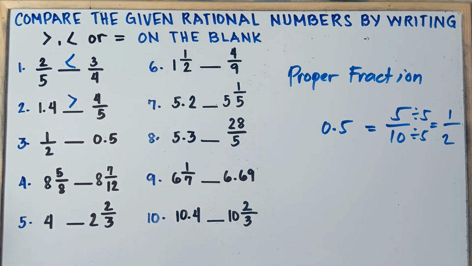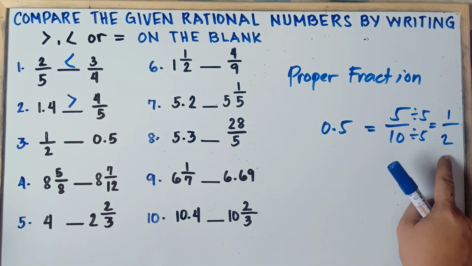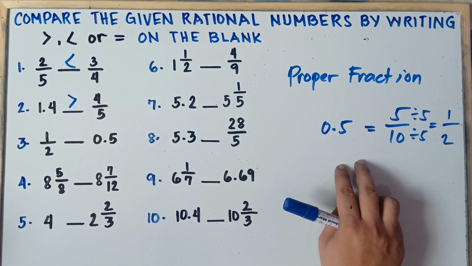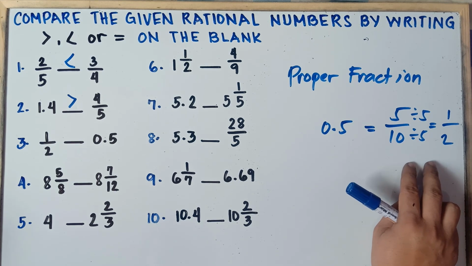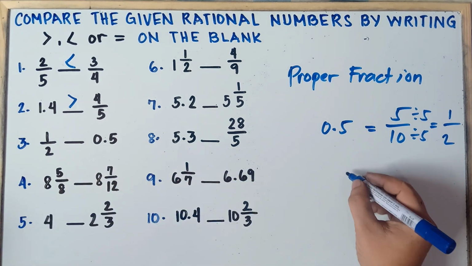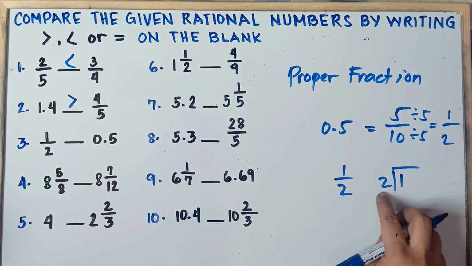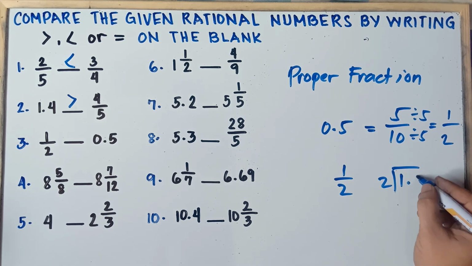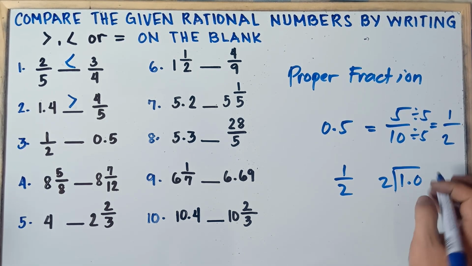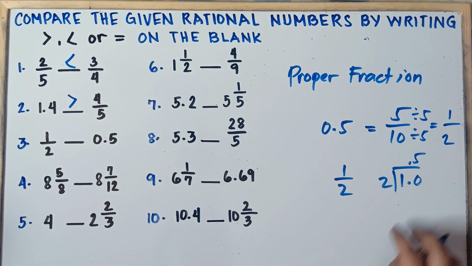Or the other solution, once again, 0.5 is equivalent to 1/2. If you're confused converting decimal into fraction, you can convert fraction into decimal. So 1/2, this will be 1 divided by 2. So 1 divided by 2, that cannot be. You add 1 0. 10 divided by 2, so that would be 5. You put a point, class.